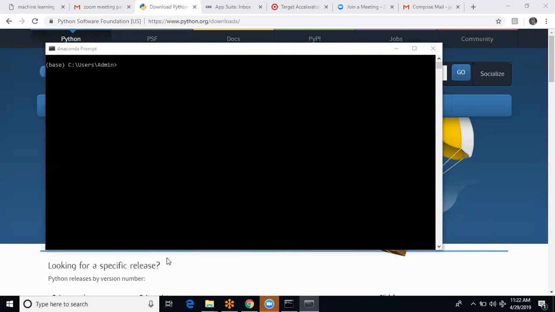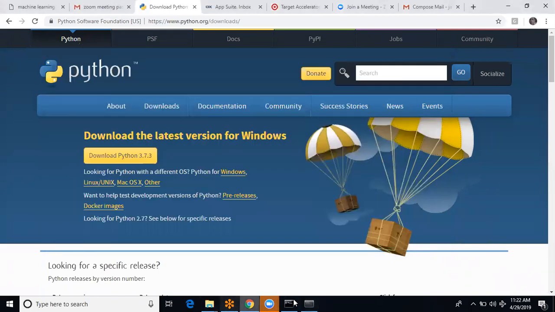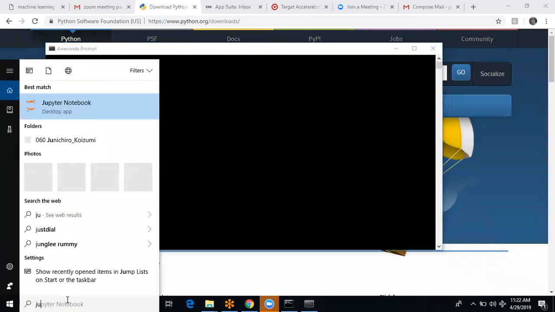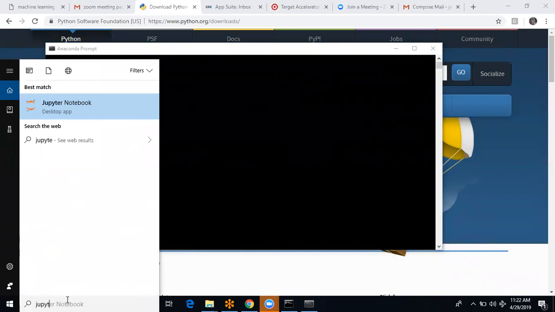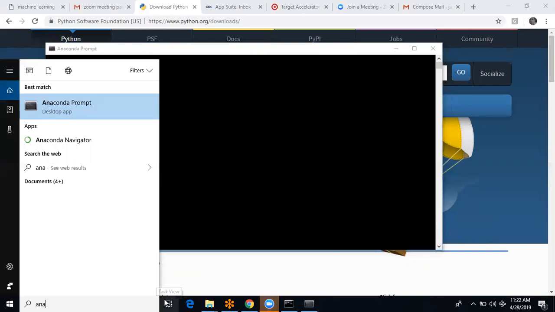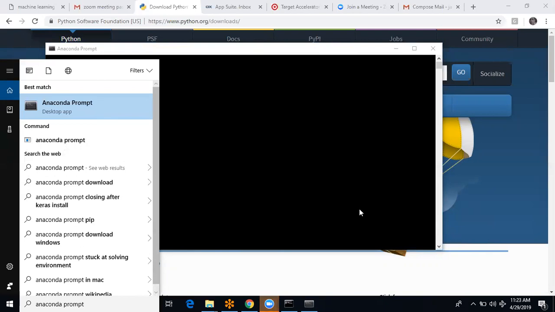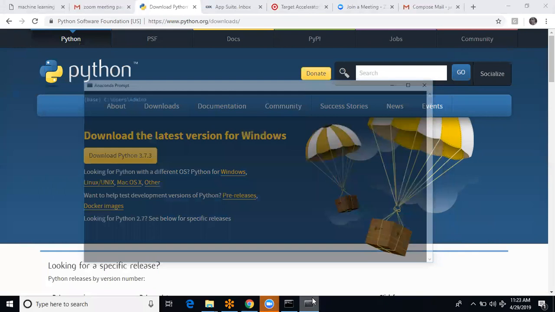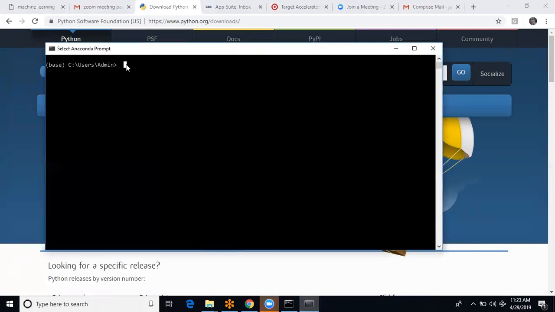Okay, so Jupyter Notebook, here it is. What I did for that, just click here. After installation, you put Jupyter Notebook. Sorry, Anaconda prompt. Anaconda prompt, right? You just check on Anaconda prompt, so it will come. I click on that, and ultimately this is opened up. So this is the Anaconda prompt. Here, if I put jupyter notebook,